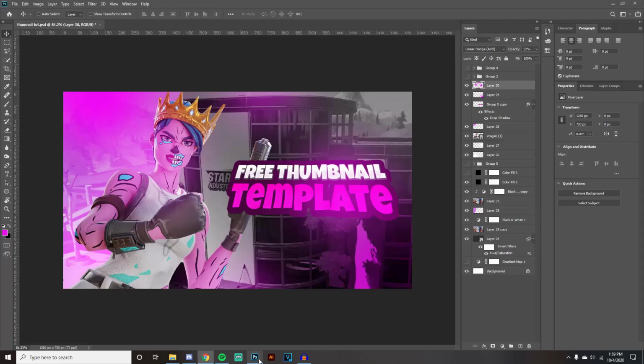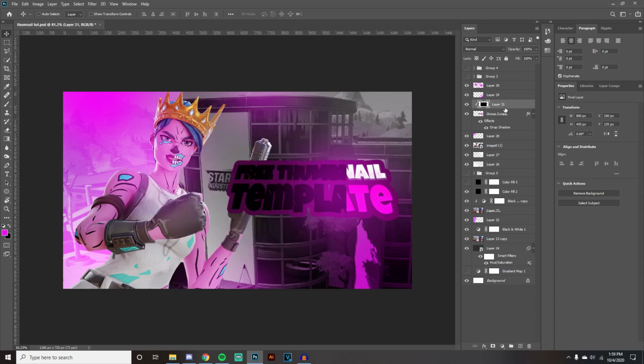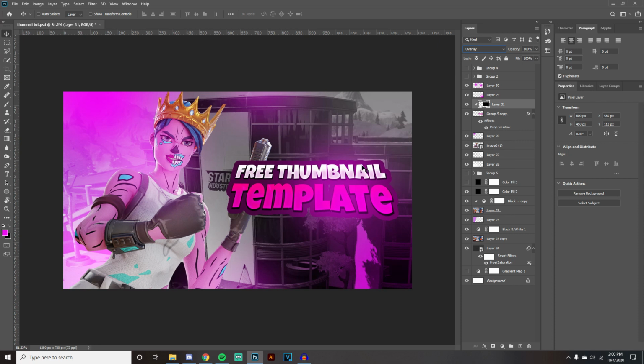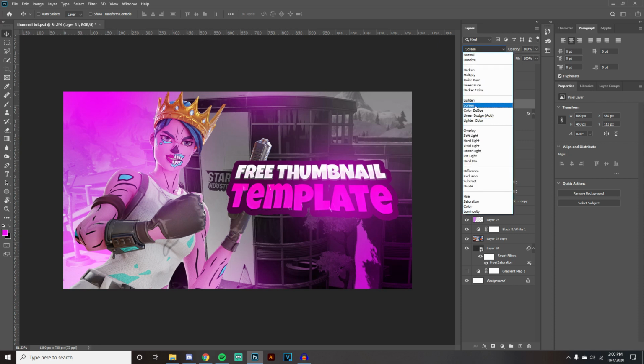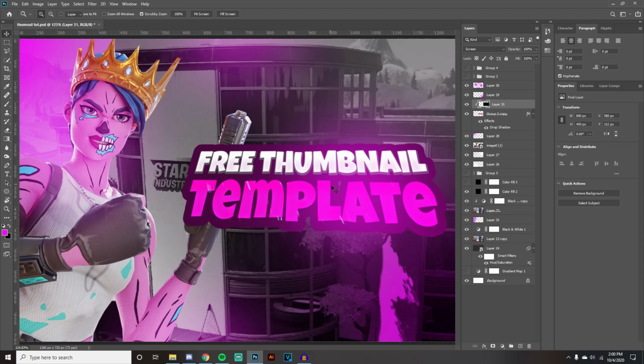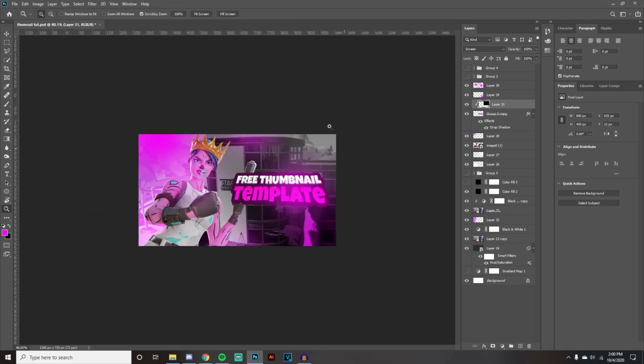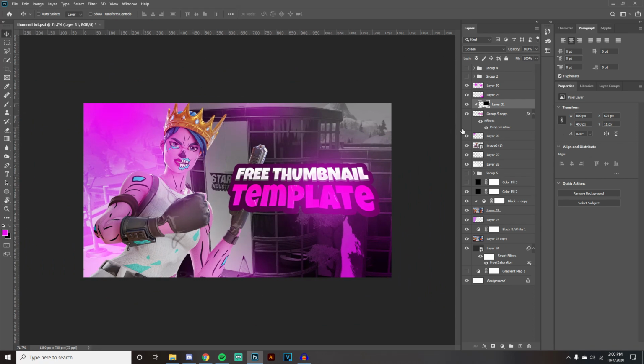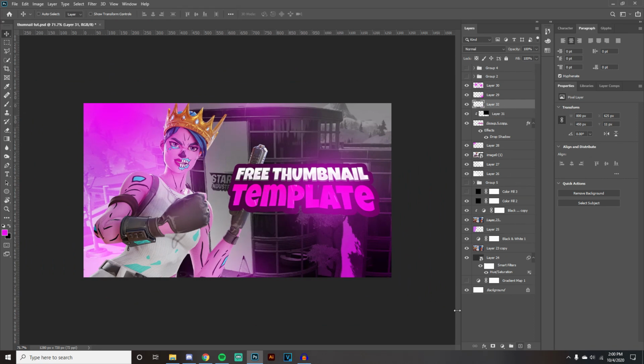Just copy the image, put it over the text, make a clip and mask, and then put it at overlay. No, not overlay, my bad. Put it at screen. The screen will basically make the darker tones go away and only leave the non-dark tones, right? So we have a little rain on the text, which is pretty cool, and doesn't make it look as plain. Then after this, you can add a little white light to the text,